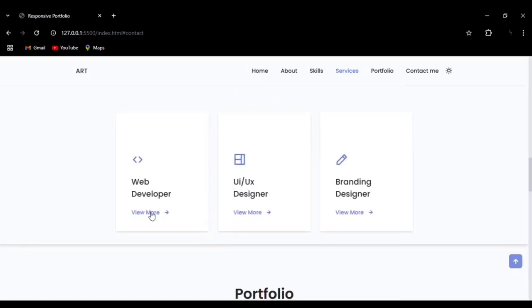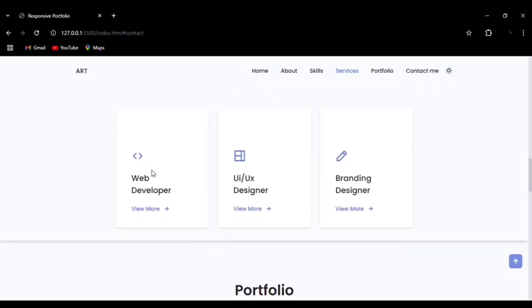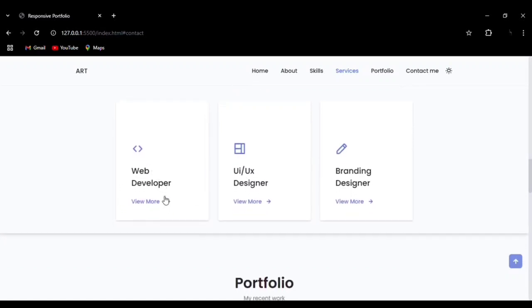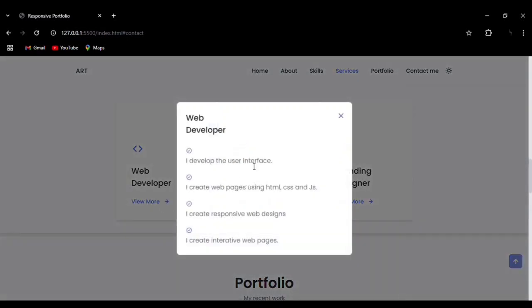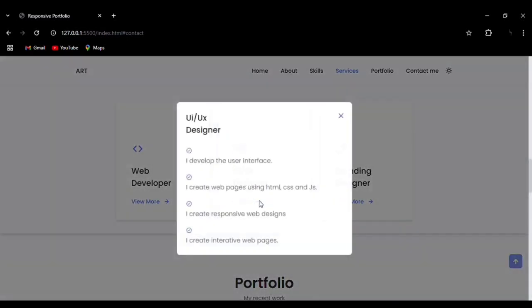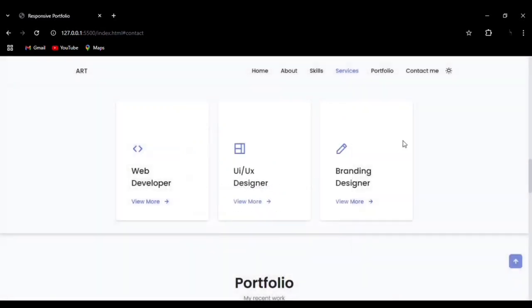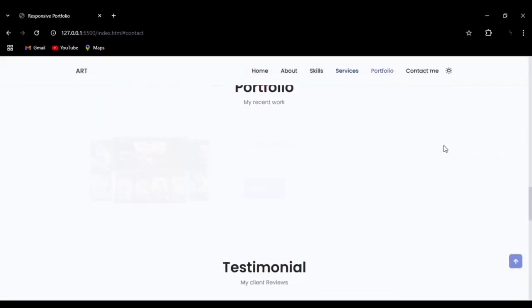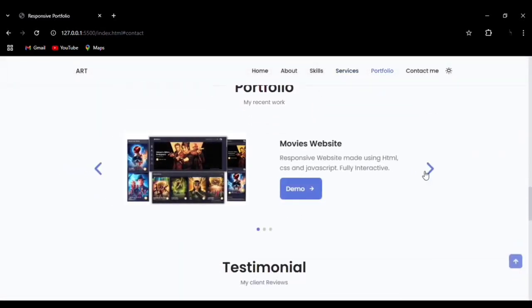In the services section, you can see web designer, UI designer, branding designer, and this also has a close box model effect as we click on the service that we want to know more about. Next we have the portfolio section. You can see the demo button. You can see the swiper function